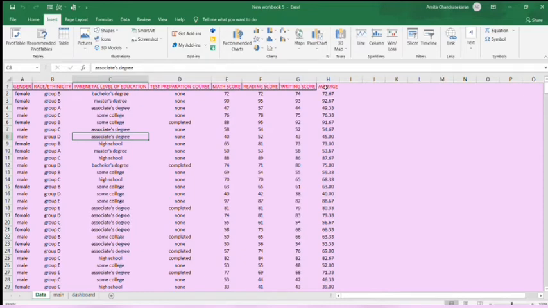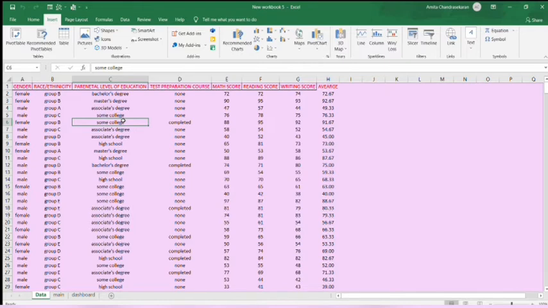First of all, we will learn about the difference between a normal table and a pivot table. Normal tables are fixed, but pivot tables are flexible. Normal tables give you the entire data, whereas pivot tables give you summarized data. Now, to get a pivot table, just keep the cursor in the data.